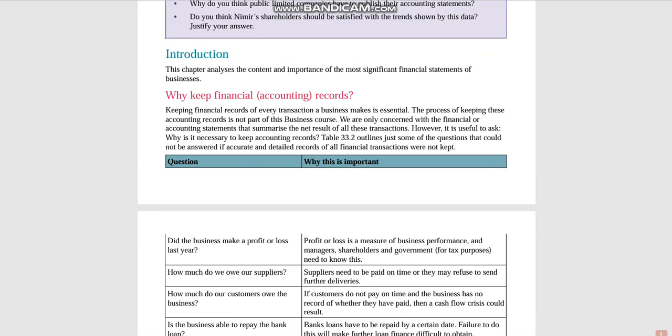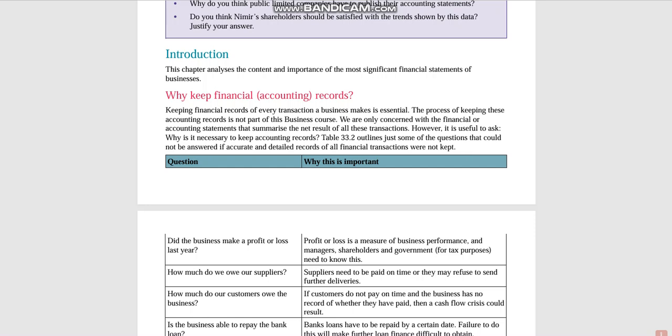Introduction is that why do we need financial accounting records? Essentially, it's for audits. It's for comparing your results, and if you've reached your objectives. Because most of the time, business objectives are regarding profit, sales, revenue, like revenue maximizing, sales maximizing, satisficing, and profit maximizing, and it all depends on the shareholders, right? And what they want, and the stakeholders, and what the CEOs want, and what the directors want. And sometimes you need financial records to pass tax returns, to pass audits, and everything as such. So that is why we need financial accounting records.